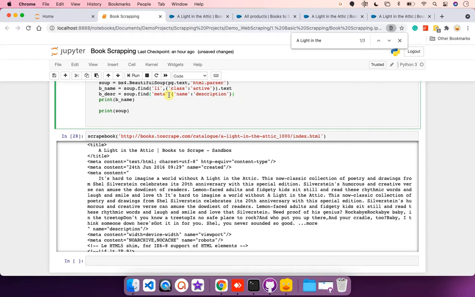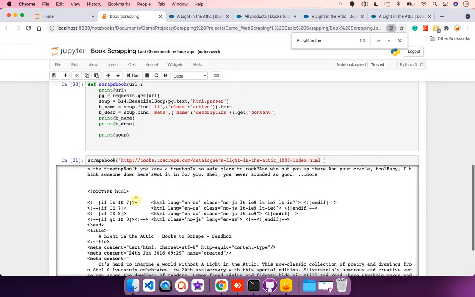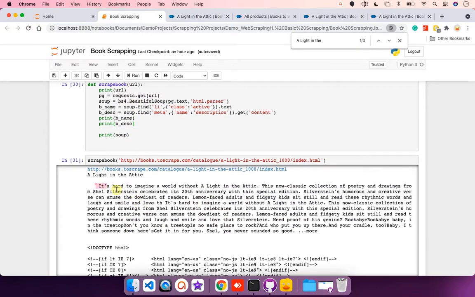So here I don't want text now. My description is inside the content attribute. Therefore I will use the get function. Now let me print my description. This is my description.